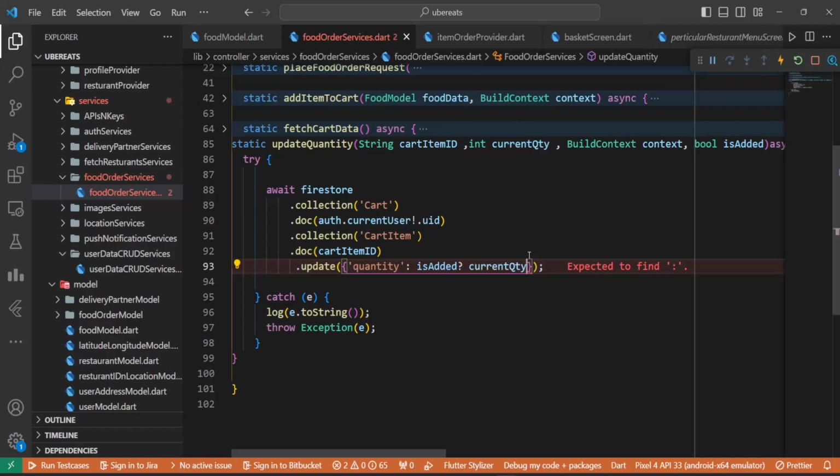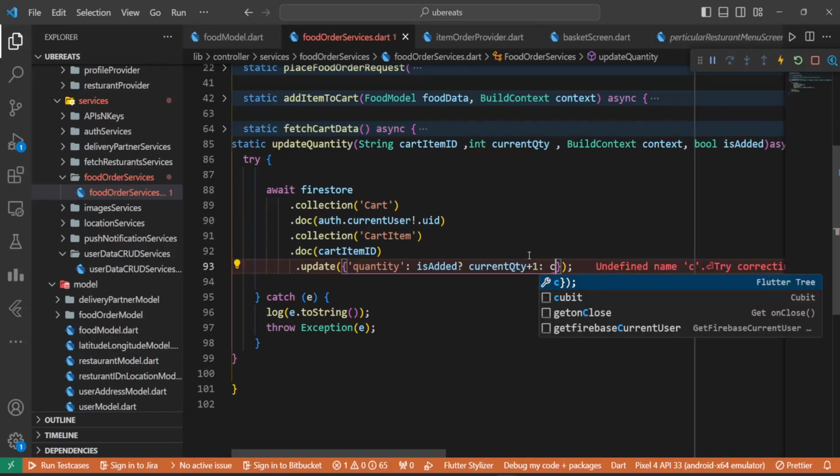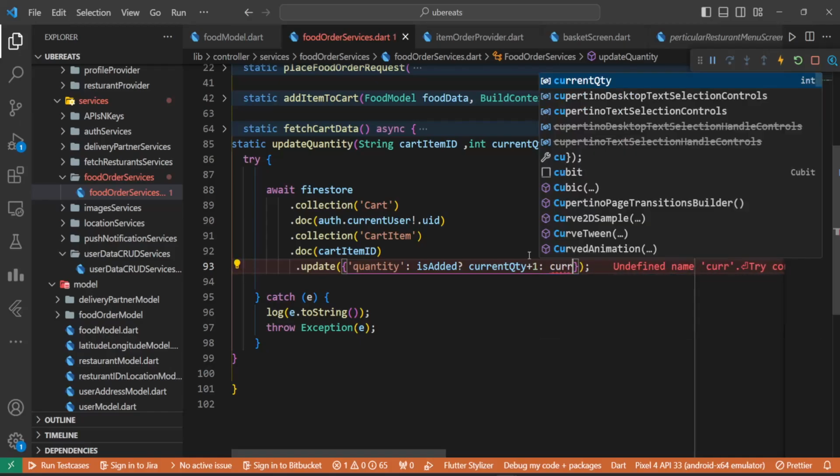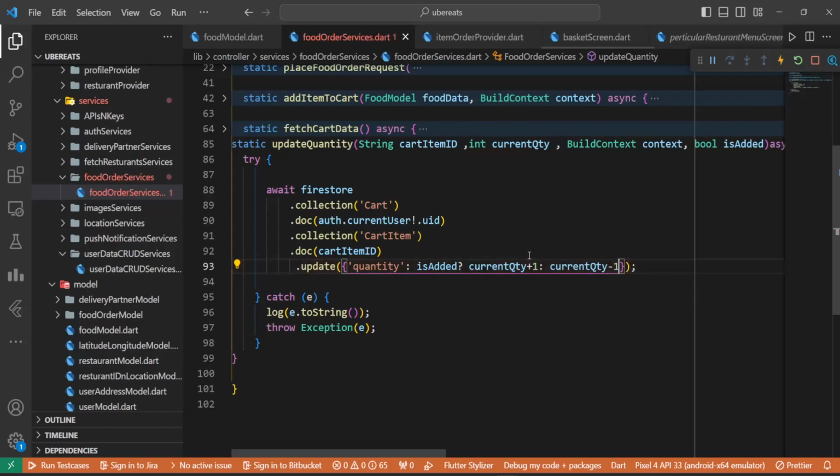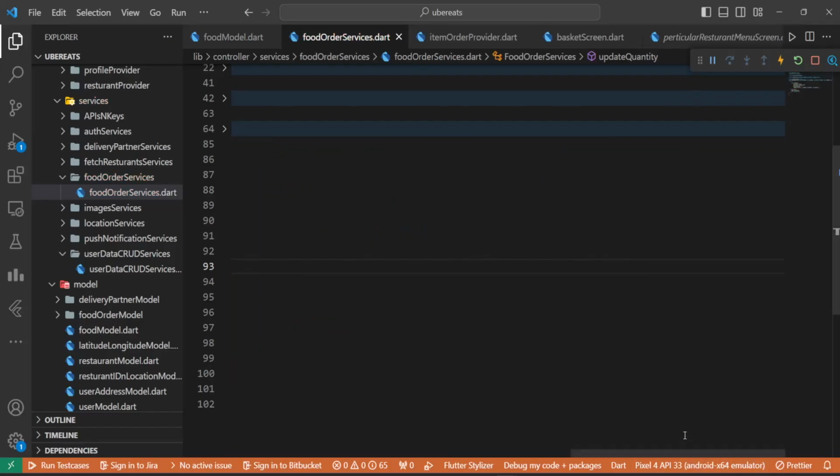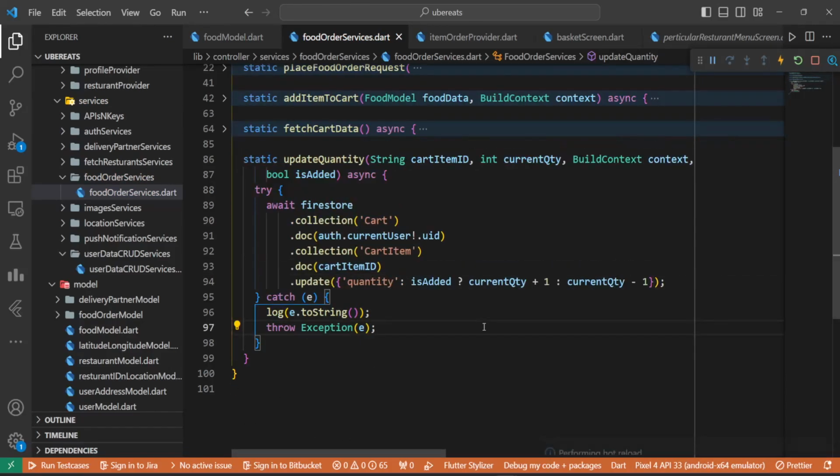Current quantity plus 1 else current quantity minus 1. Okay, let's save this one,